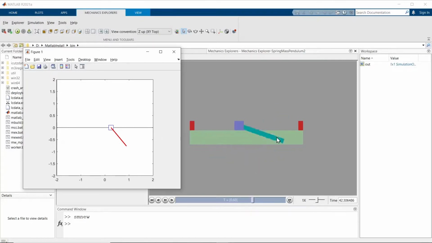And the one on the right here, I did it through SimMechanics, and I'll show both of those processes